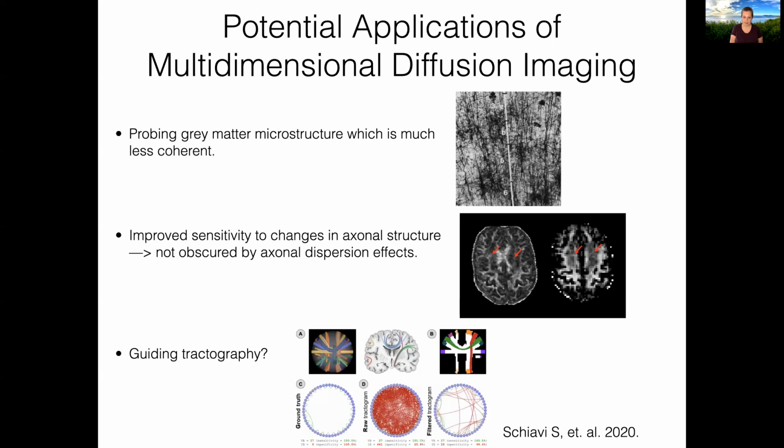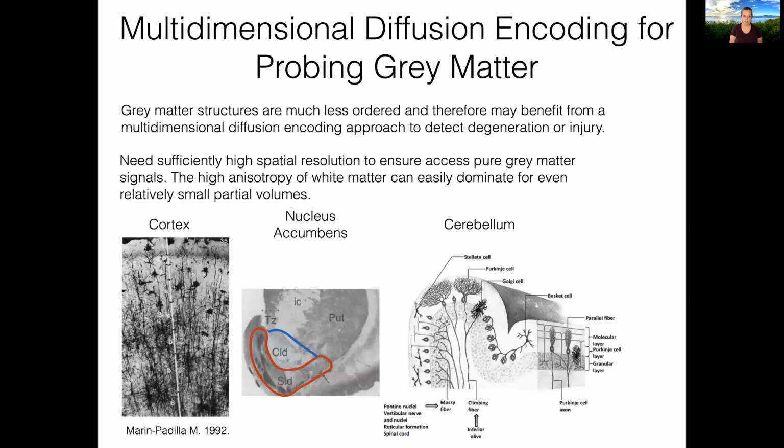And lastly is microstructure-informed tractography. The information about the subvoxel compartment sizes and shapes may provide additional information that helps improve the robustness of tractography. Before we review some of the literature, I just want to say a few more words about probing